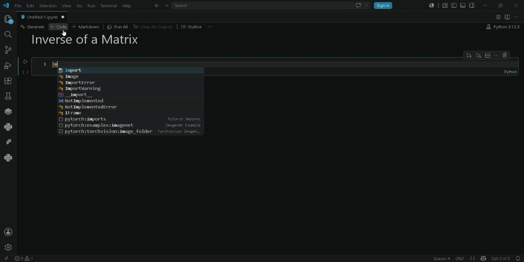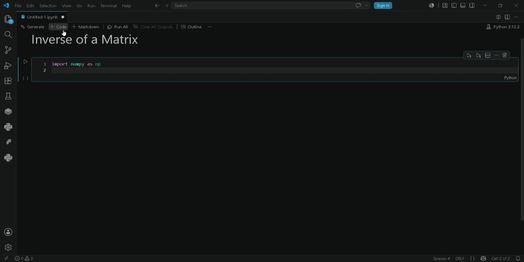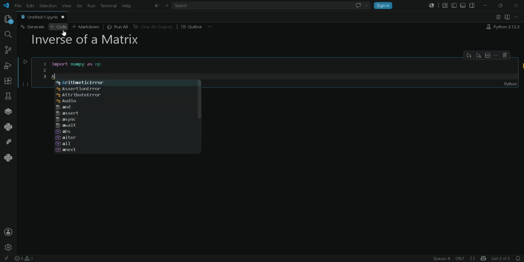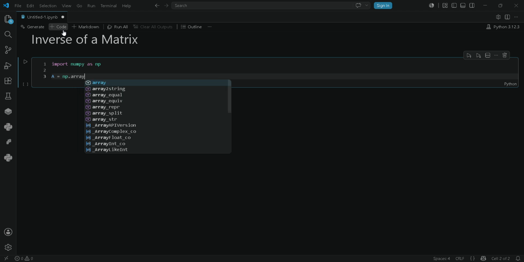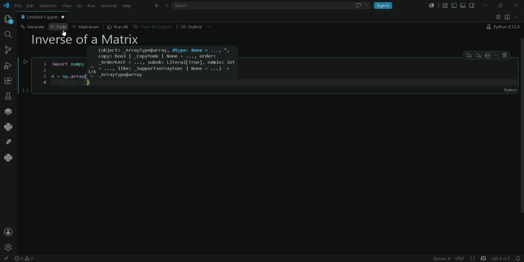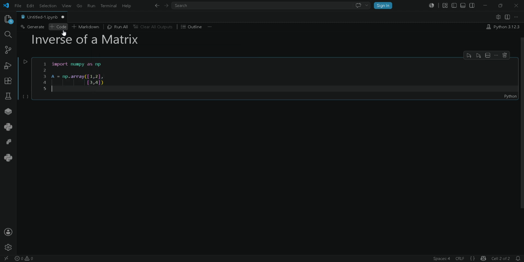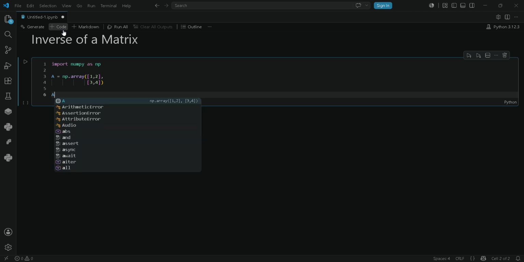First we import the NumPy library as np, then define a matrix A with np.array, round bracket, first row, then second row, and thus after defining the matrix, which is of order 2 by 2, our task is to